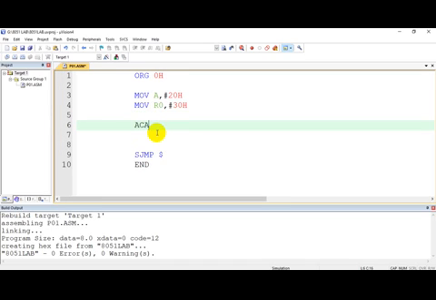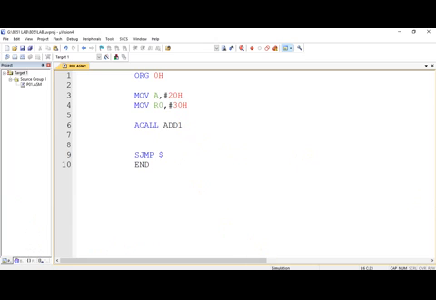I will write a call, say ADD1. Let me repeat: the call instruction is also an unconditional branching instruction. It also breaks the sequential flow. So I have written a call instruction here.